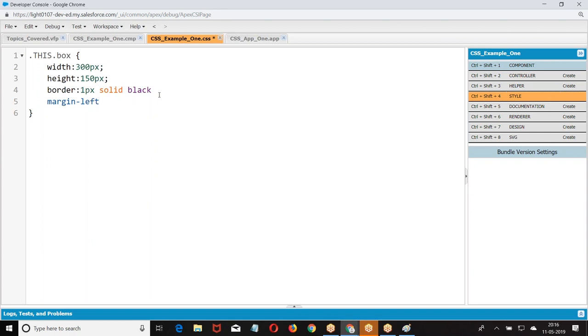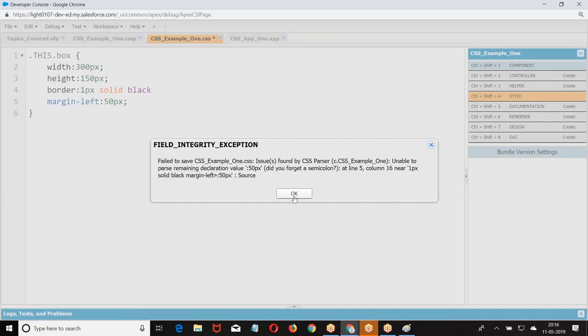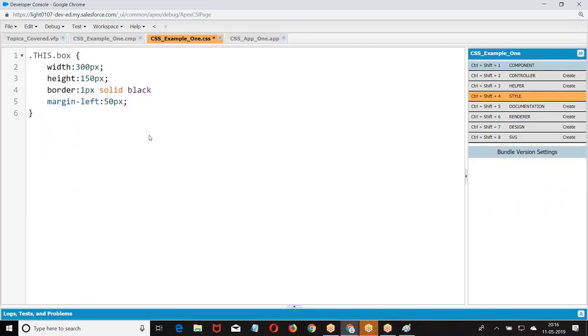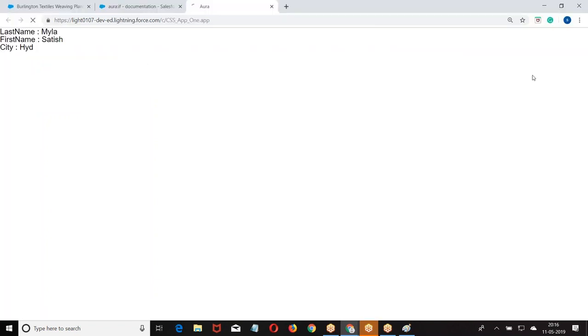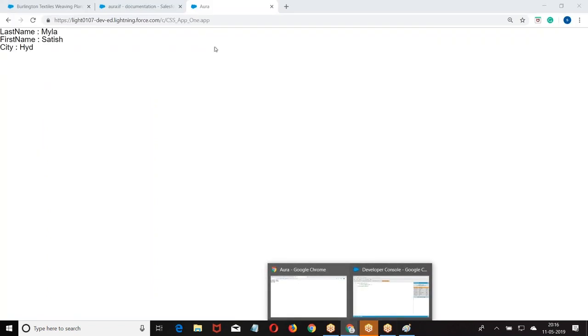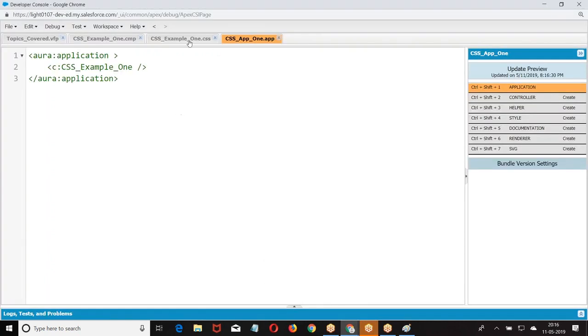Margin left, 50 pixels. So go back to this. It's not getting applied here. Let me check why.